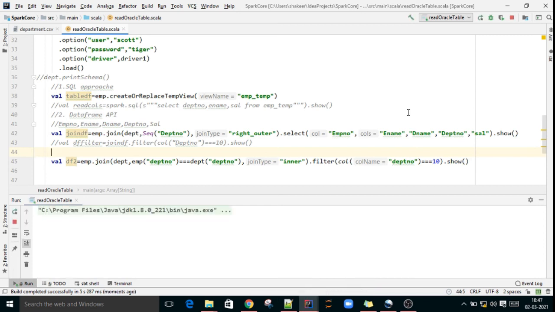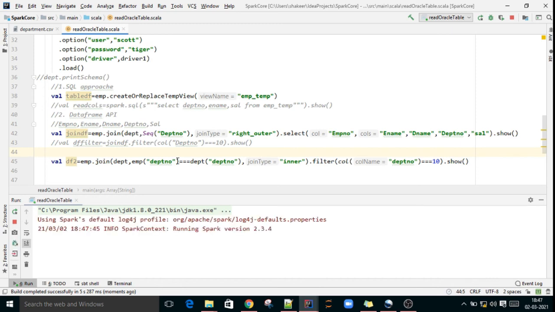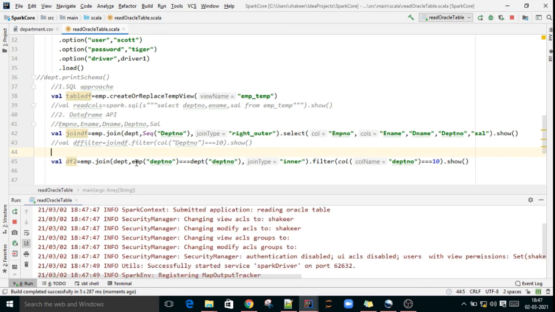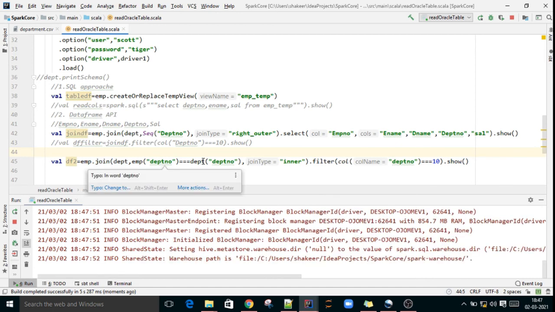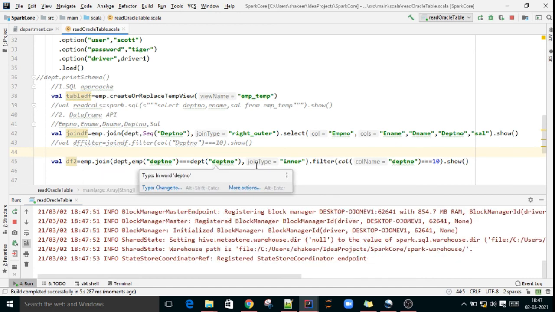This is the way. Here, if there is no common column, employee data frame of column name equal to department data frame of column name, comma, what is the join condition here? What type of join? That's it.